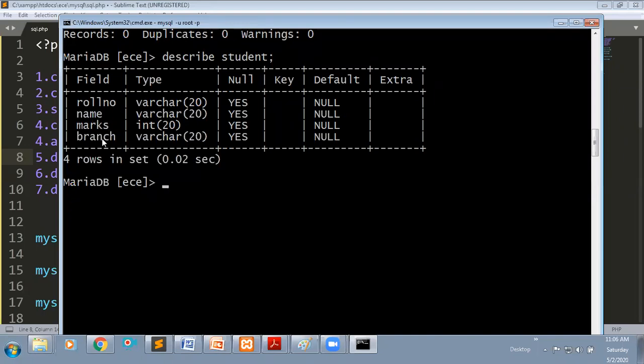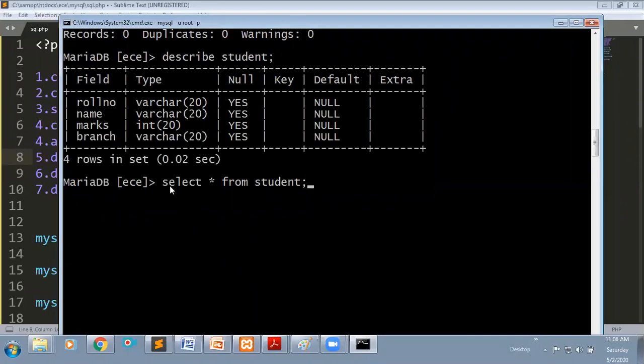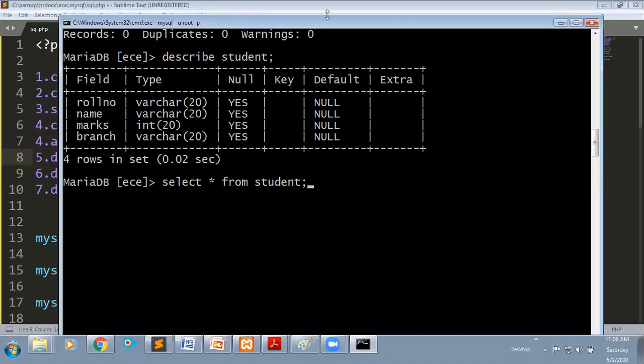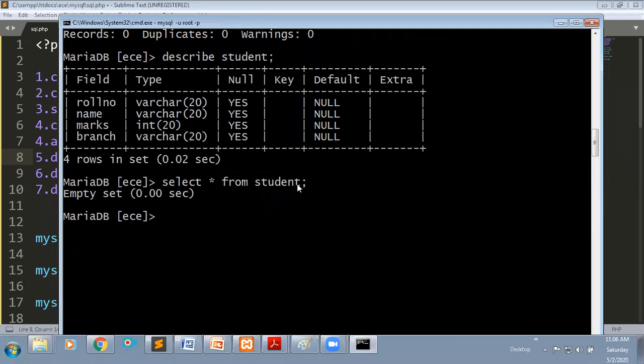Then you can see the data available within the table using select star from table name. If I press enter, you can see empty set. Empty set means there is no data within the student table.